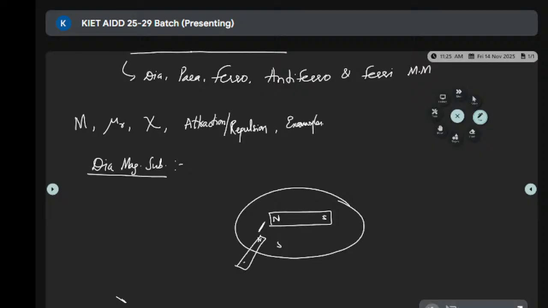Second difference, they do not have a permanent dipole moment. So if dipole moment capital M